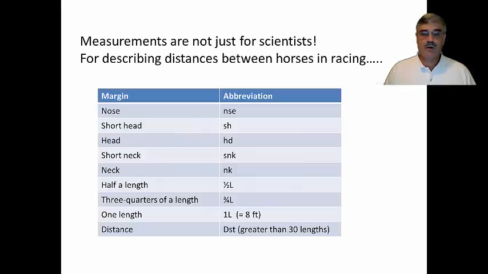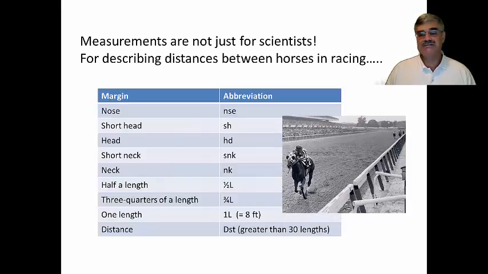But going back to our horse racing, a number of measures exist in horse racing. As you obviously will have heard about races in which one horse won by a nose. They could also win by a head, or a short head, or a neck, or a short neck, or a length. Remember, a length is 8 feet, or 3/4 of a length, or half a length. Now,